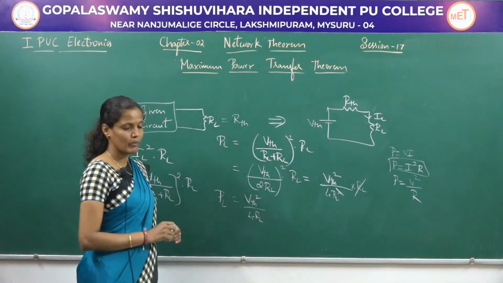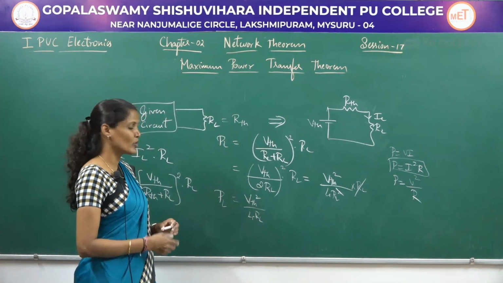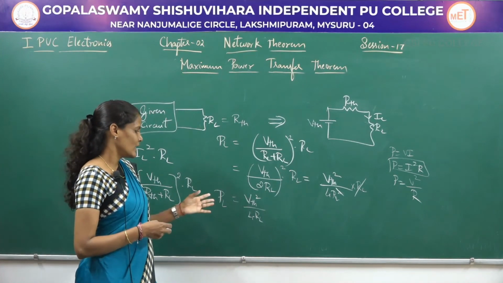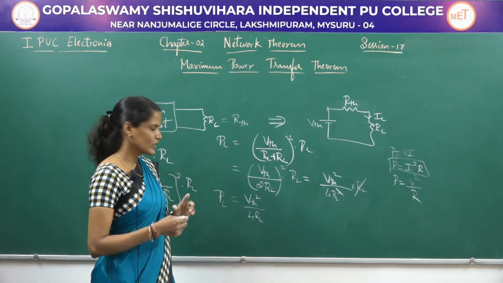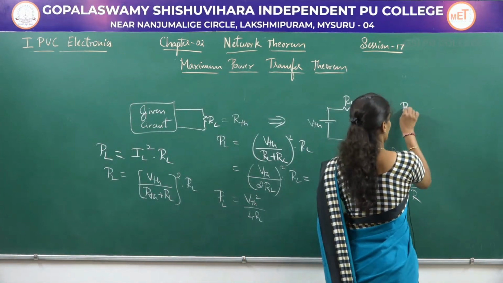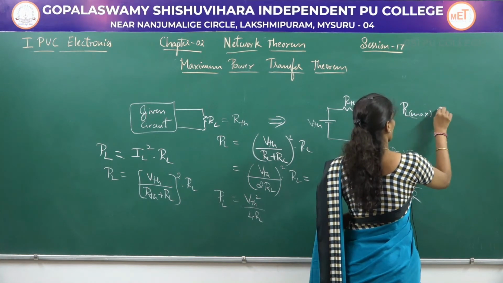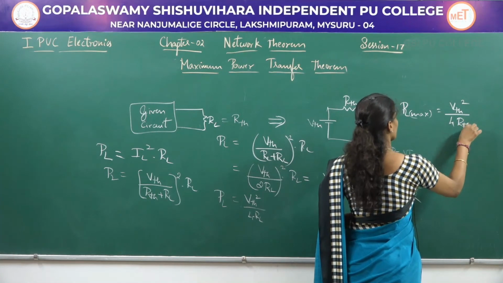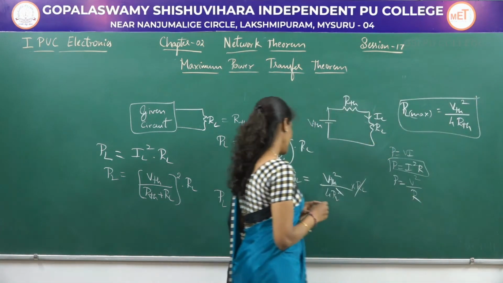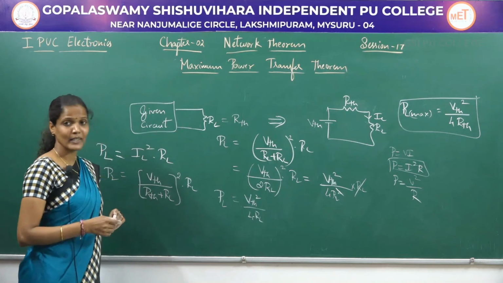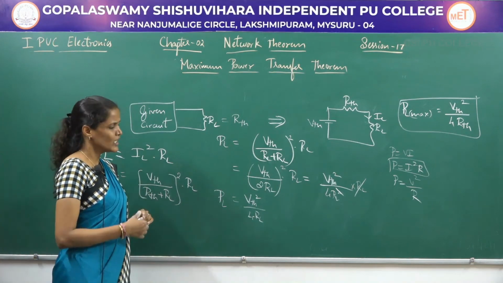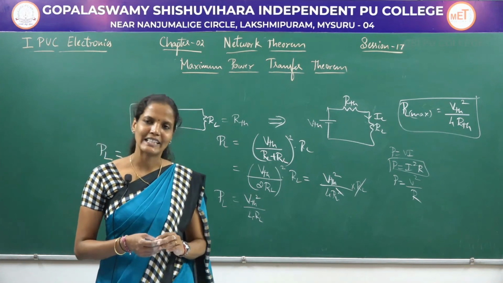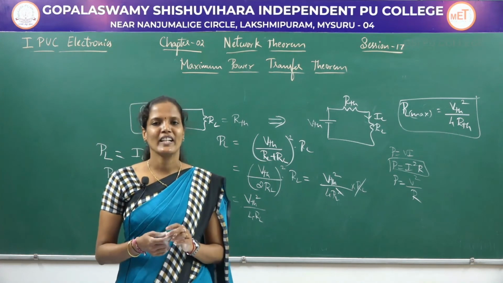But the power transferred will be maximum when the load resistance is equal to the Thevenin's resistance. So RL can be replaced by RThevenin. So the maximum power PL max will be equal to VThevenin square divided by 4RThevenin. So this is the power relation using which you can calculate the maximum power which will be transferred from the